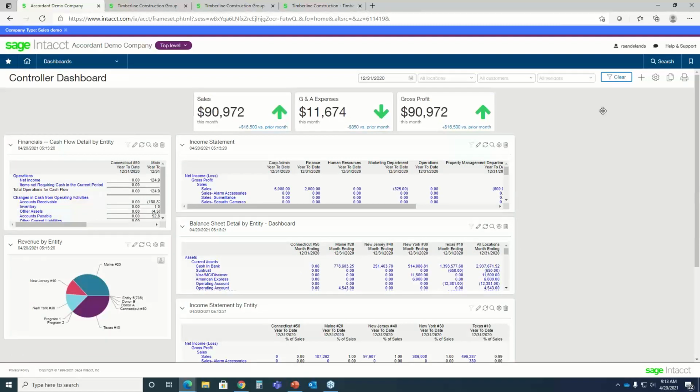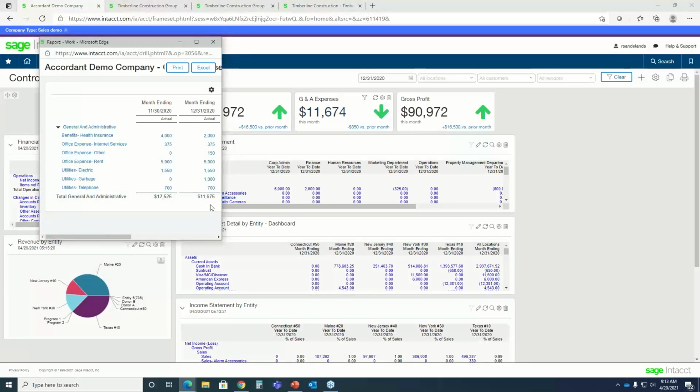Very fast, re-rendering the data. Notice, by the way, the performance card, hey, it's down, that should be red, right? No, in this case, it's trending down. It's G&A expenses, so that's good that it's trending down, right? So